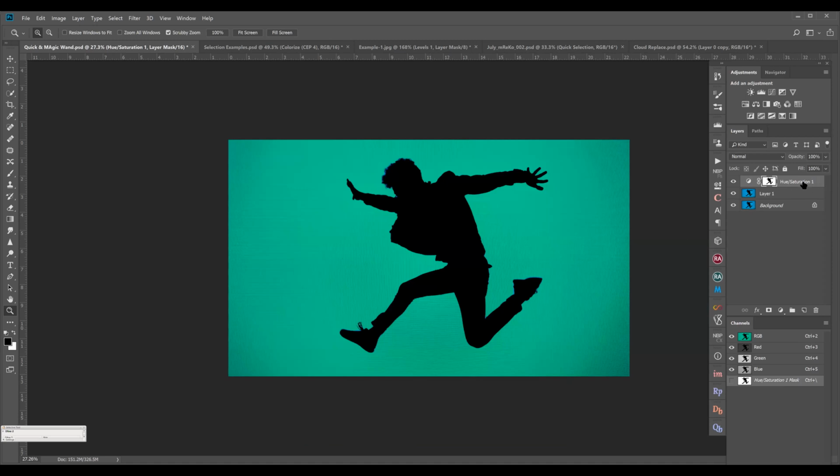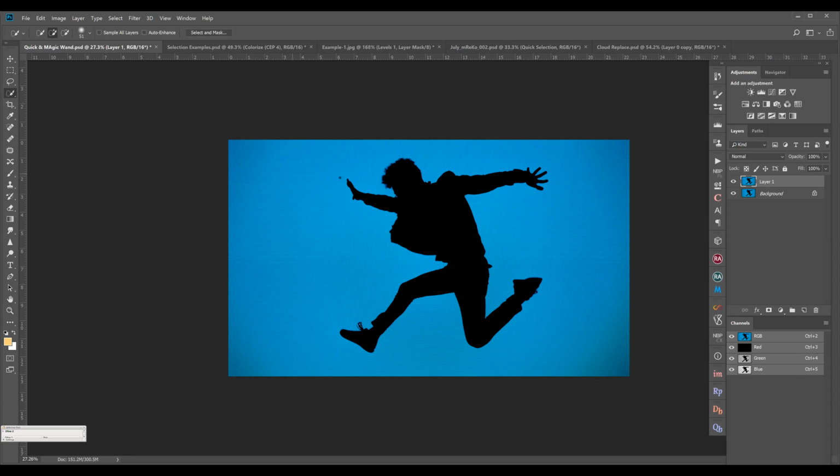So what I told you is there are two ways you can do this. One is you can select the subject, and then if you want to change the background, you can select the background directly. Or, if you have a background and a subject, and the subject is comparatively smaller in size than the background, then selecting the background doesn't make sense, because you have to do a lot of selection. So what you can do is go to your magic wand tool or the quick selection tool.